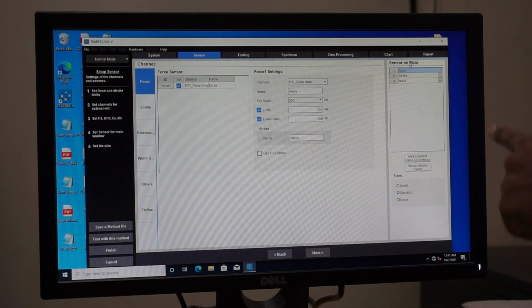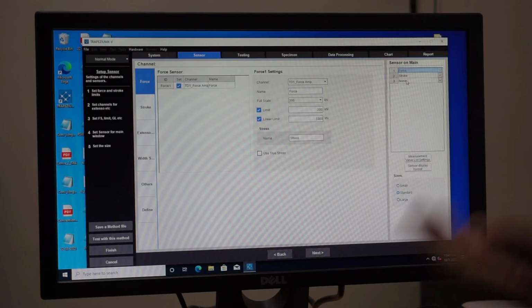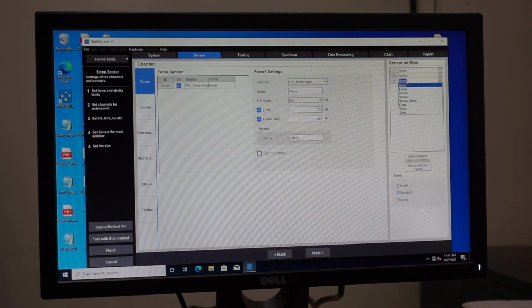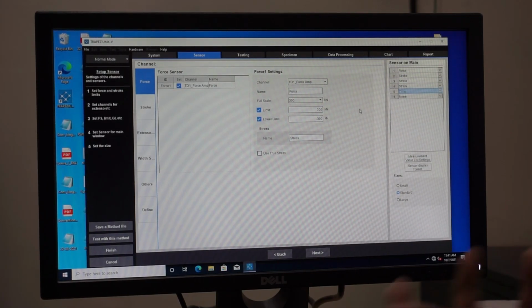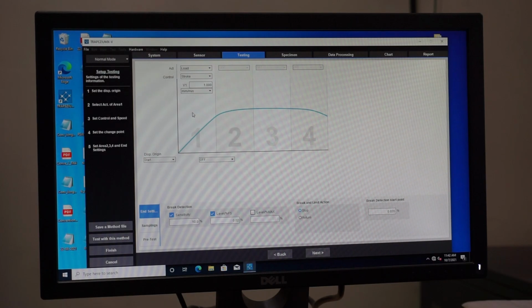One thing that I am going to change here is the sensor and main. These things will be displayed during the test on the screen. What parameters we want to display on the screen while doing the test is our main concern. Besides force, I also want to display the stress, the strain, and the time. Everything is dependent on time, because the rate at which I am doing the test totally depends on time. After putting these parameters, I am going to provide the rate at which we are going to do the test. Initially by default it is 1 mm per minute.